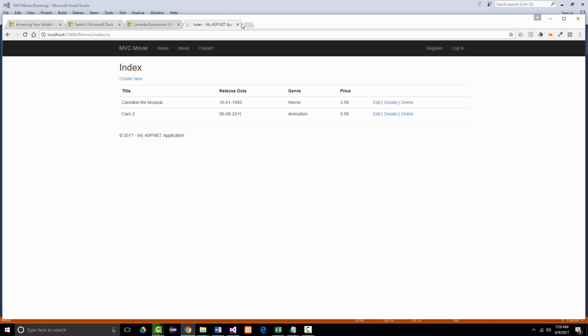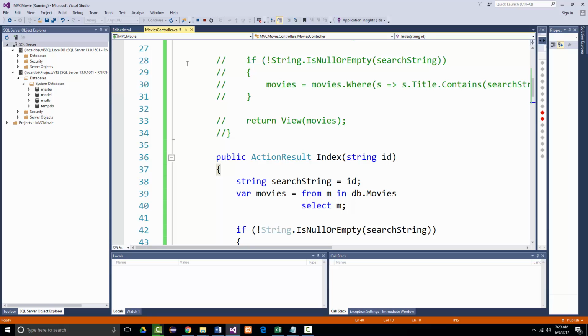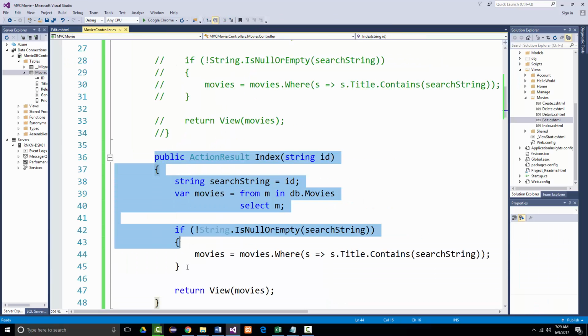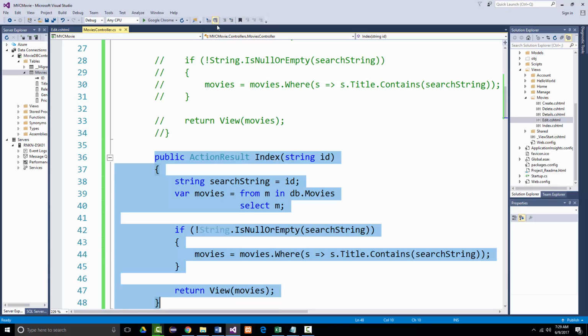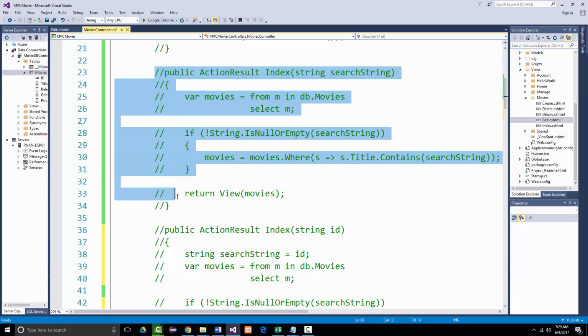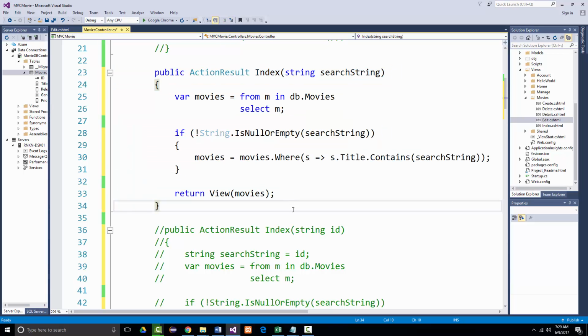So we want it to look the way that it did before. In other words, let's stop the run and go back to our code. Stop that. Take this that we just added, comment this out, and then take this and uncomment it. I believe that's what the author's saying there. Okay? So, open the views, movies,